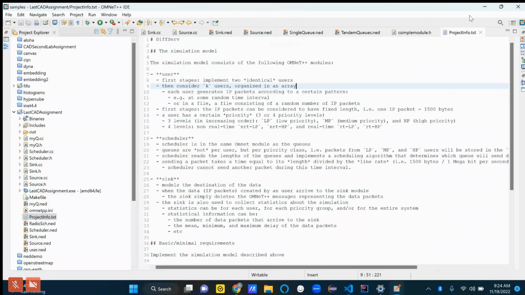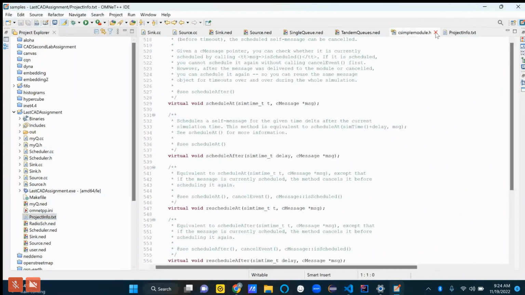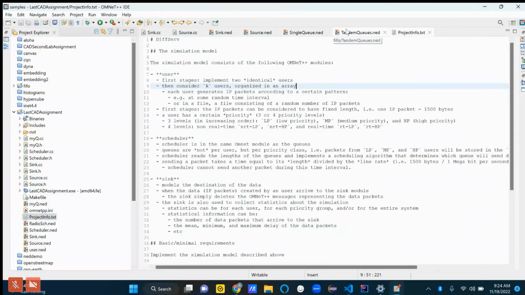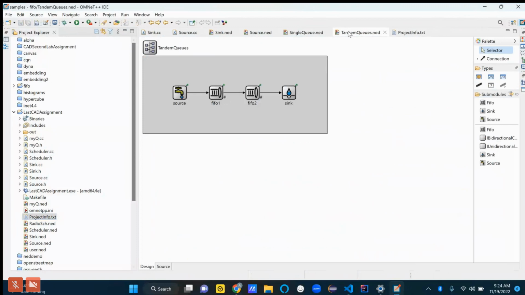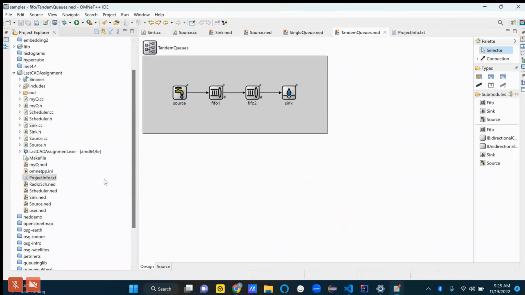The FIFO one wasn't, and I don't think I need this. I have no idea what this is. I didn't read through this part of their sample, but it just looks like they stacked two FIFOs in sequence with one another, which I don't really understand why that's even interesting.